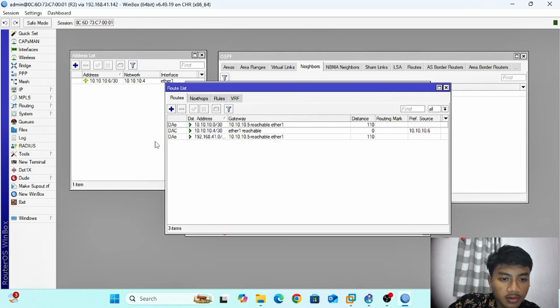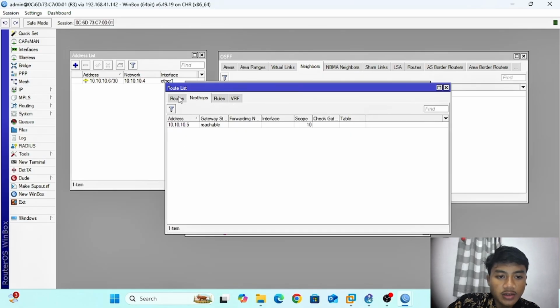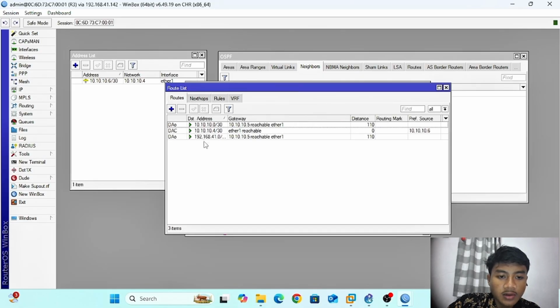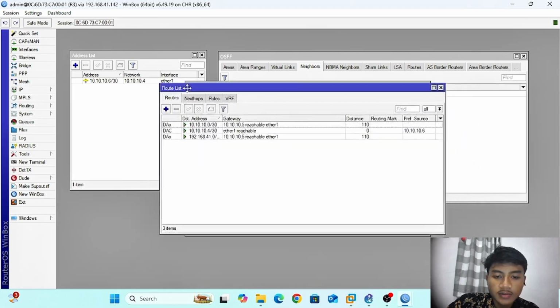I will check IP route. If you are successful, you can find the AO, dynamic active OSPF, in the route list.